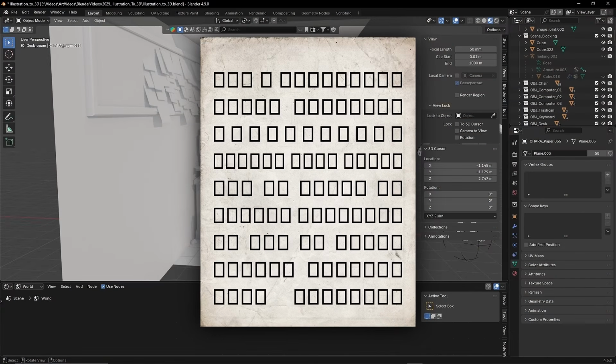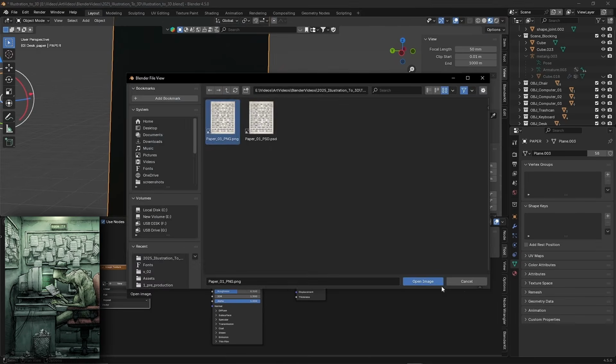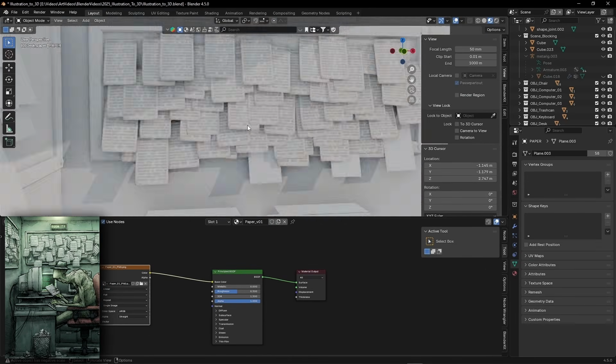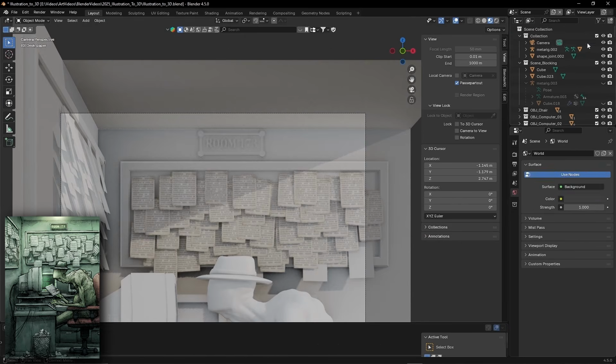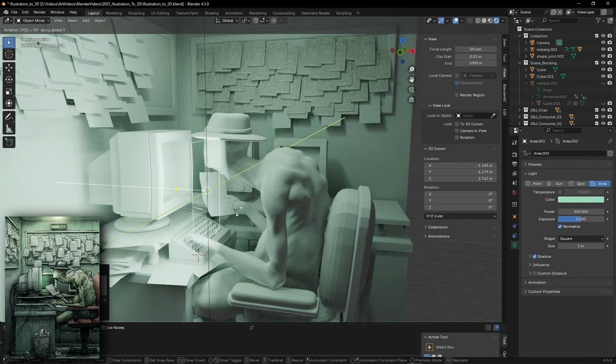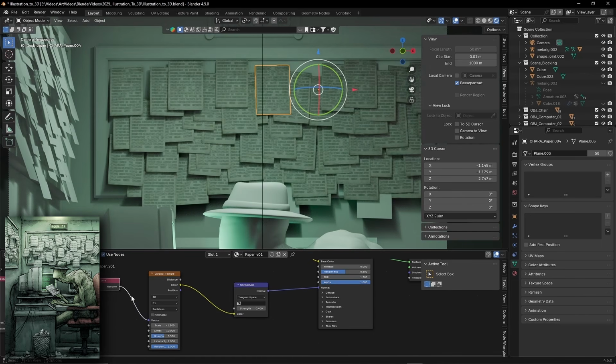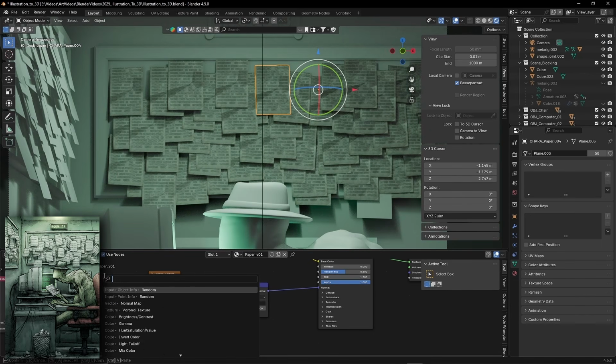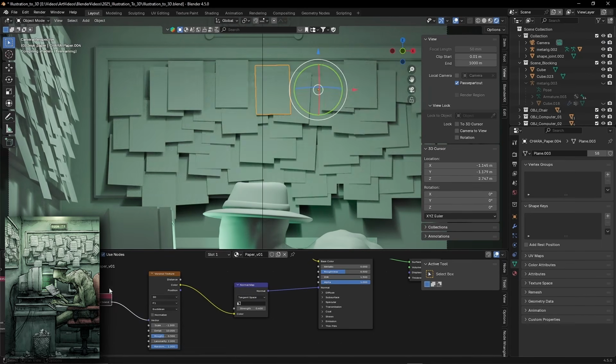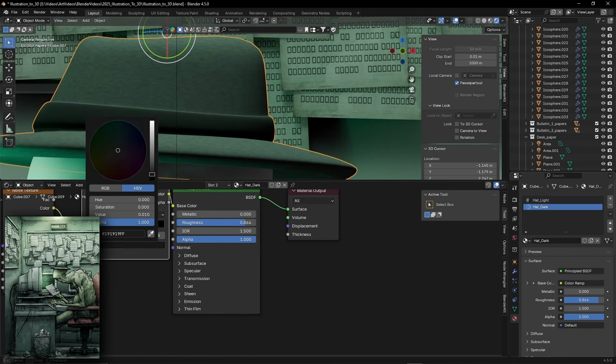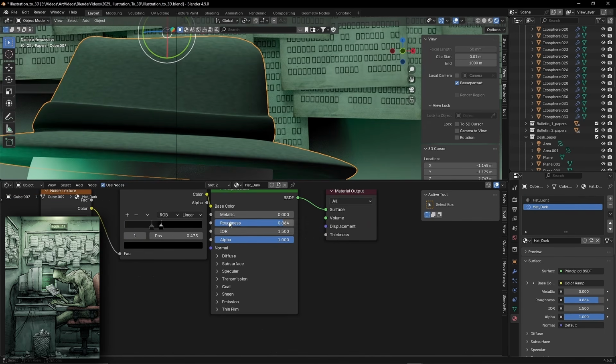I made this quick one in Photoshop and applied it to that paper that we made off to the side earlier, so now all of our other papers get the same exact material. I also added some quick lights around the scene just so we can see what we're doing. And then we'll top off the papers with a little Voronoi texture that I plugged into their normals to give a slightly crumpled look. Then I give the hat a quick texture and some modeling touch-ups, and I move on